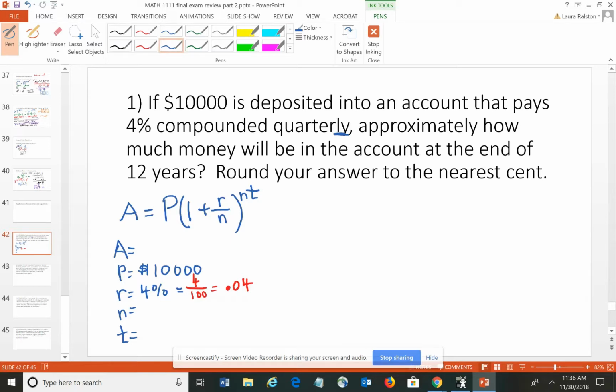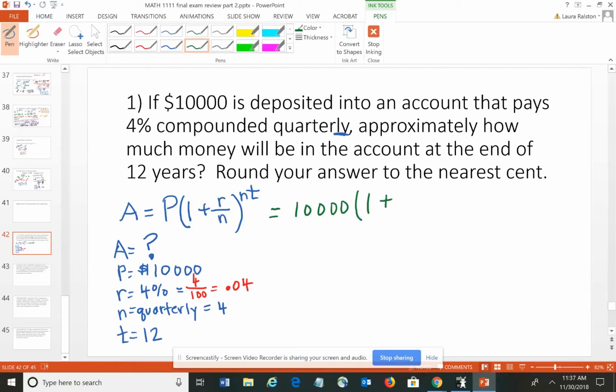Compounded quarterly. Quarterly tells us how many compoundings there are per year, and quarterly means every 3 months, so it occurs 4 times per year. It says approximately how much money, so we're looking for the accumulated amount, or the final amount in the account, after or at the end of 12 years. So I've identified all of the information, and then it becomes a substitution problem. So I would have $10,000